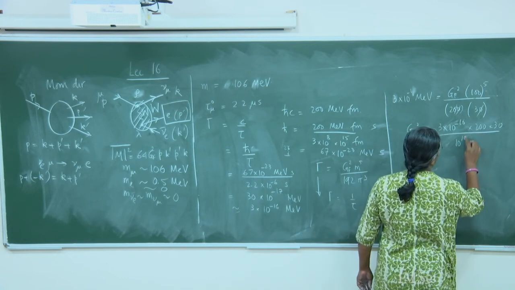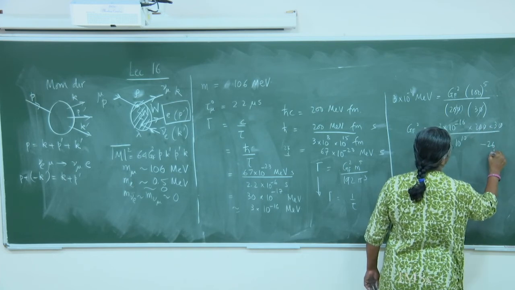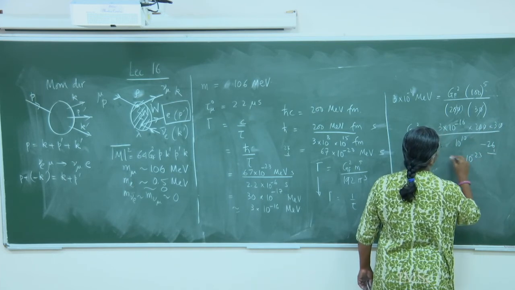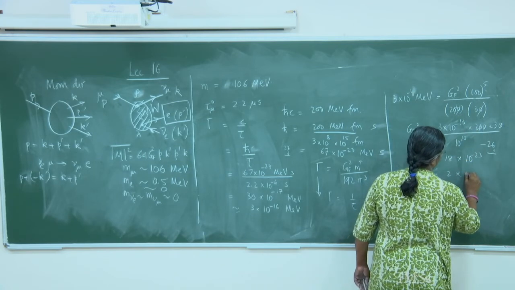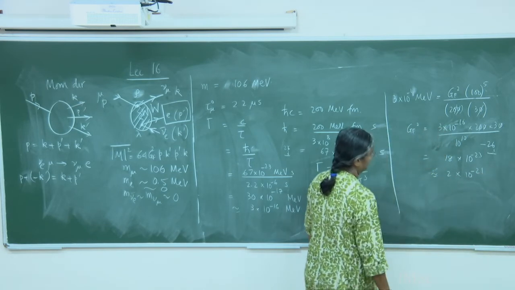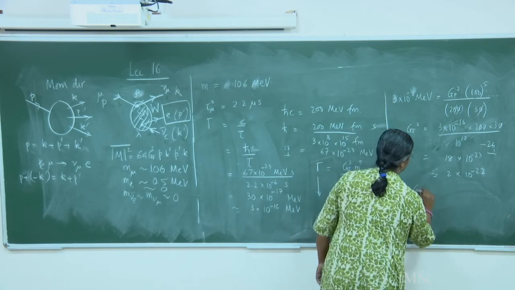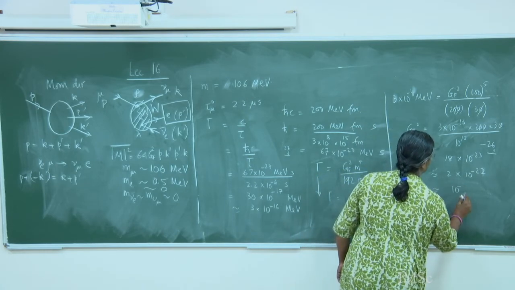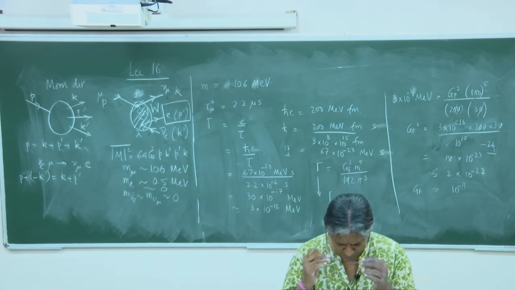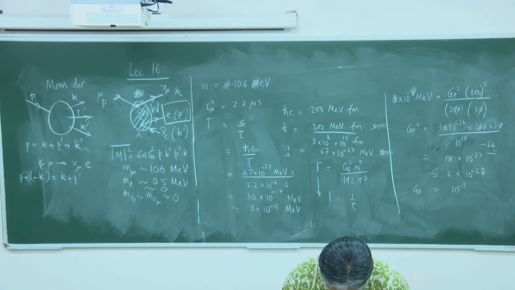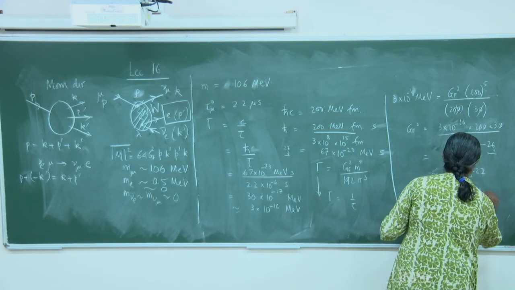So that is minus 16 minus 10 is minus 26, and then 1, 2, 3 zeros go away, so 10 power minus 23, and 3 2s are 6, 6 3s are 18, so 18 into 10 power minus 23, that is 2 into 10 power minus 22. Okay, or Gf is of the order of 10 power minus 11. Okay, is this okay? So it is really small quantity, and if I convert this in per MeV